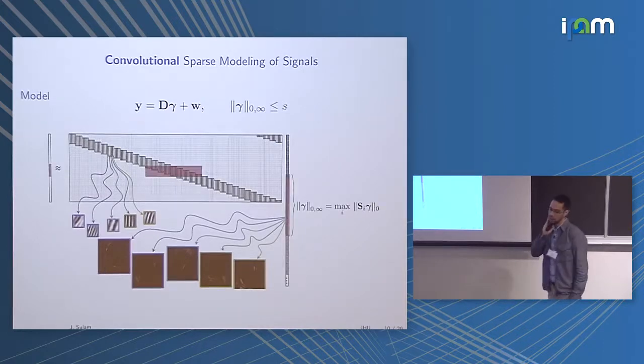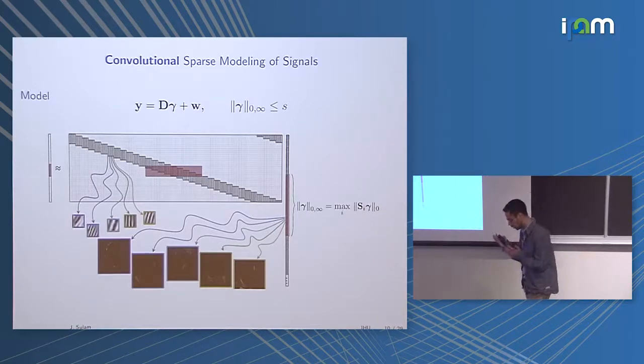Now, it turns out that the L0 norm as a measure of sparseness is not really such a good idea in this convolutional setting. The reason being that when you look at the bounds that you can obtain, for example, for the uniqueness of sparse solutions or the stability of these solutions in terms of the L0 norm, they don't scale with the global dimension of the signal. They scale with the local dimension of the filters. So basically, they're pretty useless.